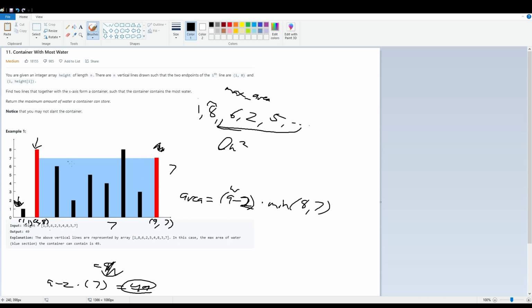get to this pointer, which would be 8 minus 2 times, what is this, 3? Obviously smaller than 49. And then we get to this guy here, which is 8. 9, 8, 7. 7 minus 2, which is 5, times 8, which is 40, still smaller than this guy. And then